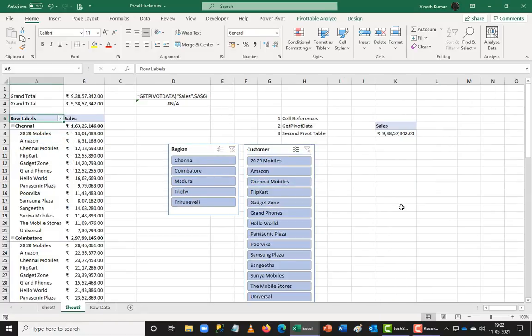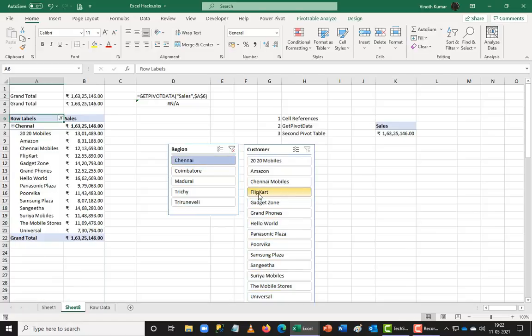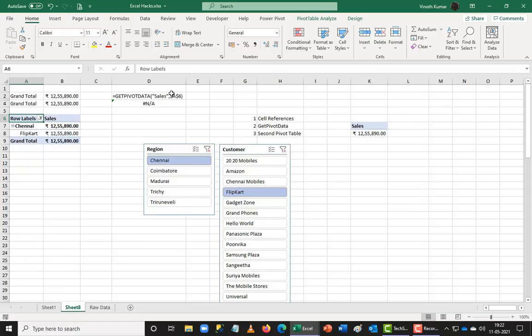So this is the first hack that I'm adding in the 2021 series here, and this is the best way that I can build data out of it. Hope you enjoyed a new dimension right now. If you're using a larger pivot table, you can still bring in your grand total on top of it, either using a get pivot data. Cell references is an option which I preferably say don't go for.